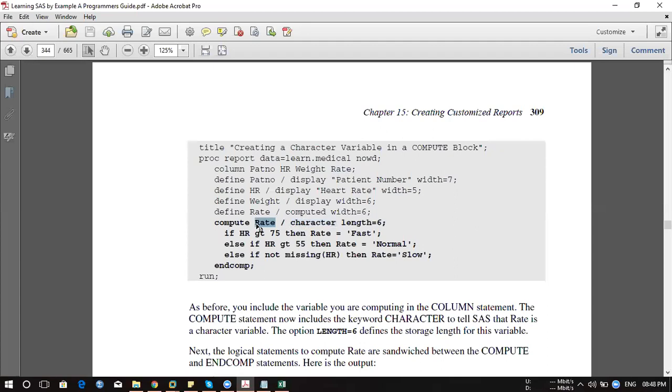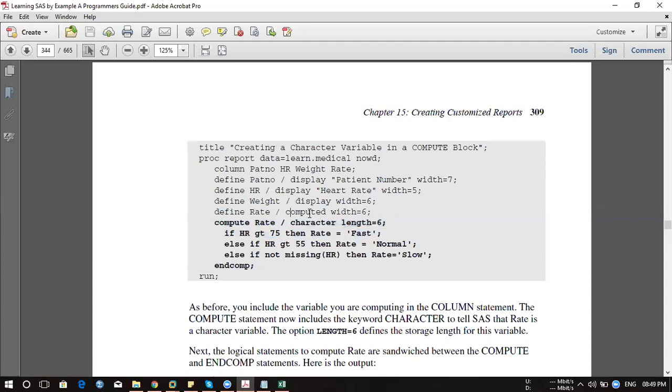It will be numeric, and then you will get a missing value. Because here we are creating a character variable, you need to tell SAS that we are going to create a character variable. And this section is important, always write it: the rate compute section.